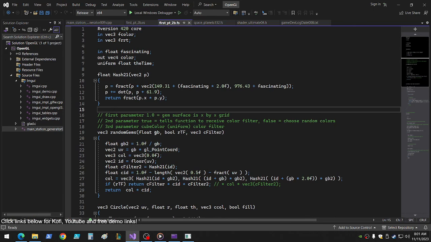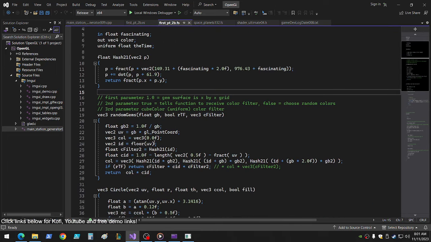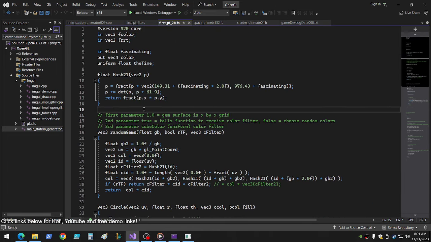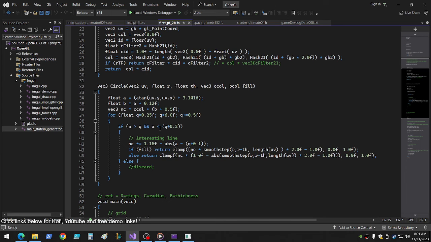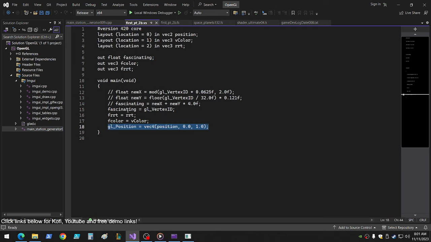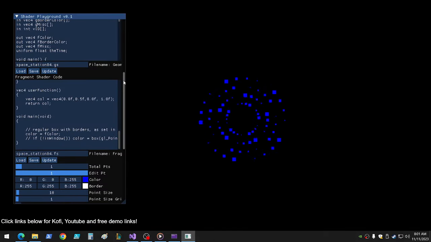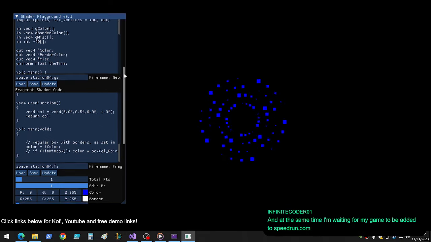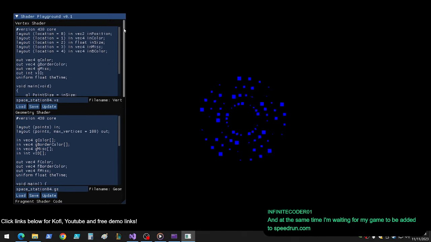So let's see here. If we want to do the circle, really we just have hash21 and circle, and then let's do, in float fascinating, and in here fascinating is just a float equal to vertex ID. So let's do that. Let's go back to the Infinite Coder 01, and at the same time,